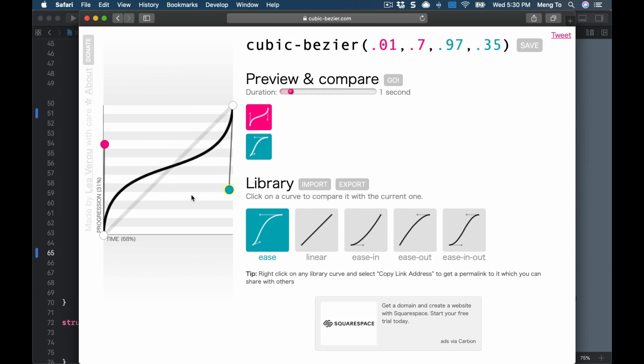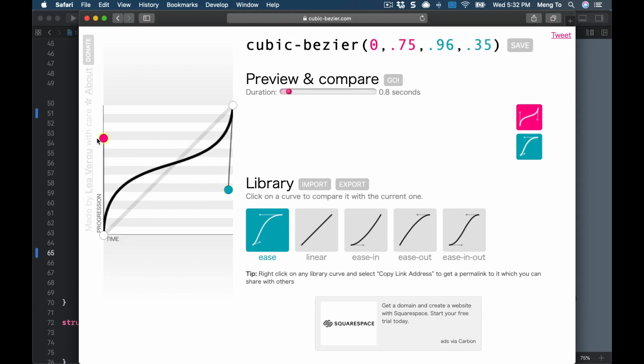This is something that you can find a lot in design tools nowadays, and thanks to that, you can easily translate what you have in your prototype in your design tool to SwiftUI. Here you can preview your animation, set a different duration,